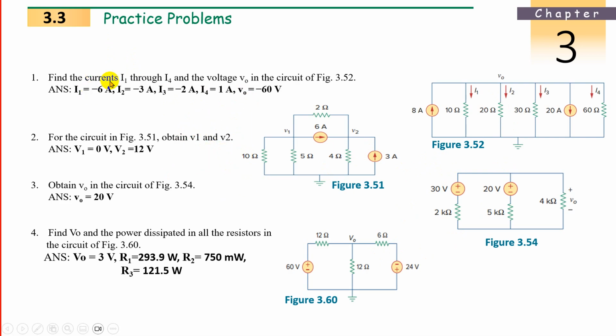Okay. So this is the first figure. Check figure number 3.52. This is the one for the first question. Next, 3.51. This is the second. Next, 3.54. This is the third one, not this one. And 3.60. This is the fourth one. So take the same circuit. So this is our